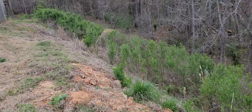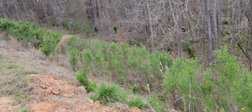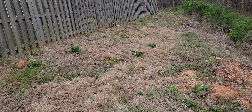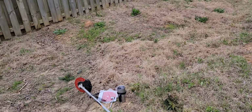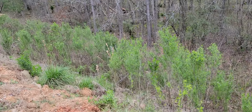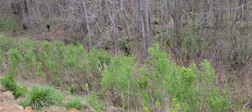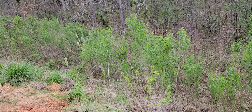When I took over this property, the brush line just came all the way up to the fence. Since then we've removed it with chemicals as well as manual labor and a cutter. But getting into the thicker brush, you're looking at half an inch and more, and so the trimmer capacity just